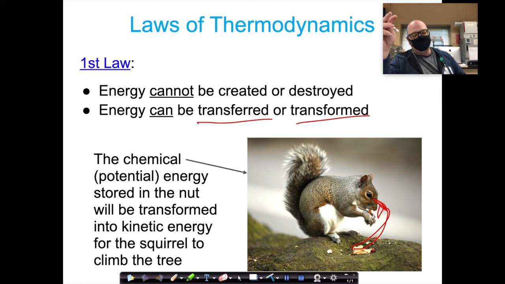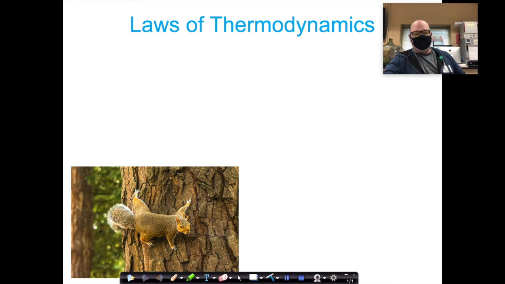Which is what I have a picture of on the next slide. So our little friend here, he's climbing the tree. The energy in the nut is what's powering that. But not 100% of that energy is used. Some of it just gets wasted, and we can never recapture it. Okay? And we call this